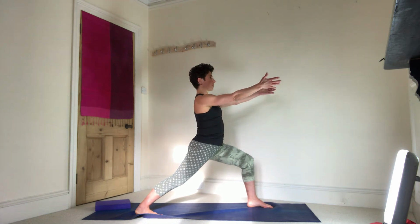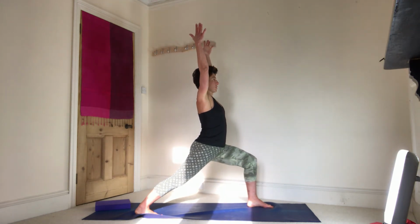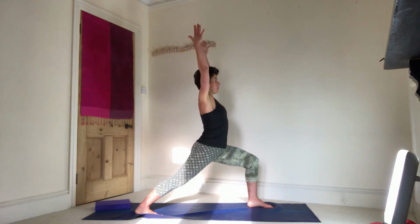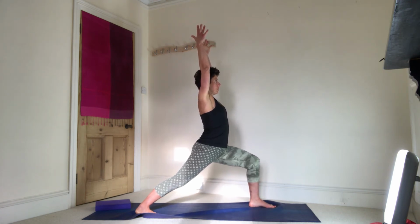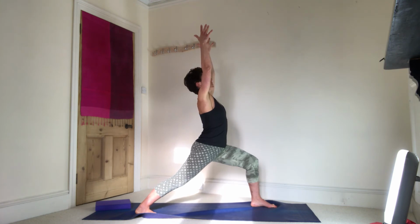And then once I'm happy that the legs are set, setting the arms. 2 long straight lines. Dropping the shoulders down and away from the head. Reaching them up and towards the ceiling, lengthening through the side of the ribcage, lifting through the front of the chest. 5, 4, leg active. 2, 1. Staying there. If you feel that the balance is there, tipping the head back, looking at the space between